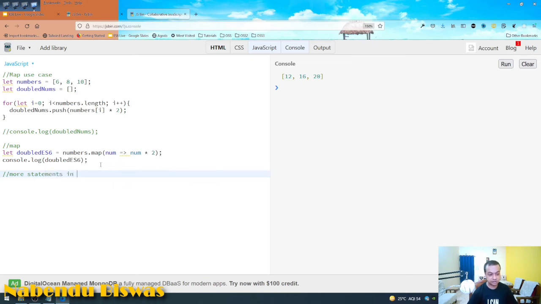More statements in map. Okay, so if there are more statements in map, then we need a return. Actually here also there is a return, but since in an arrow function we don't have to mention it, we are not mentioning it. So let doubleMaths equal to numbers dot